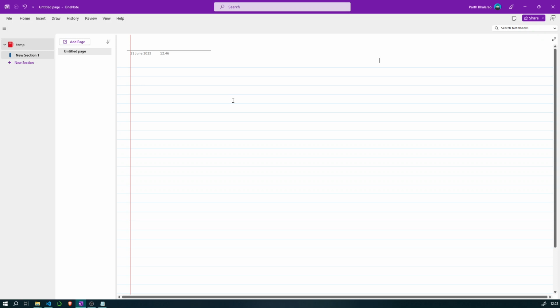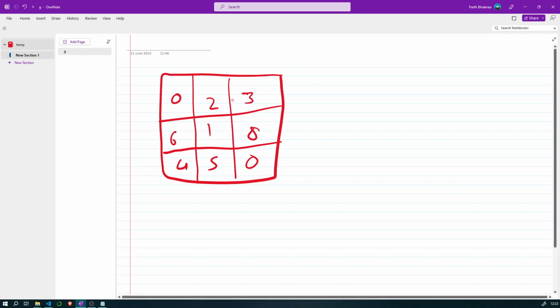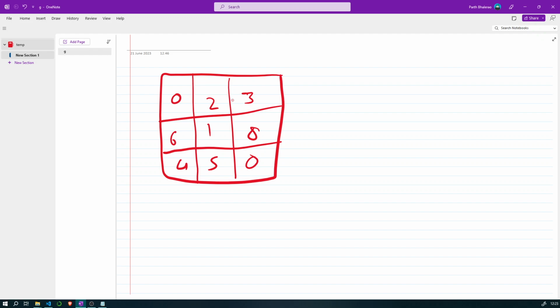If this is the matrix which we have got, 0 1 0 2 3 4 6 8 5, what is the sum of diagonal elements? 4 plus 1, 5, plus 3, 8. 8 should be the answer.